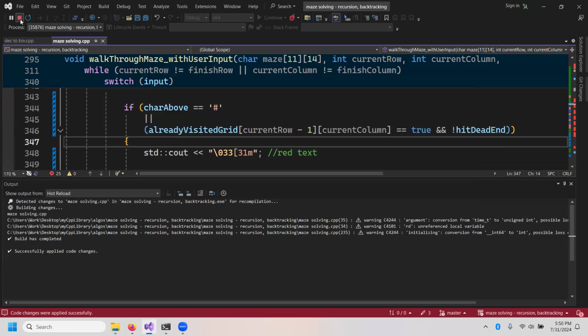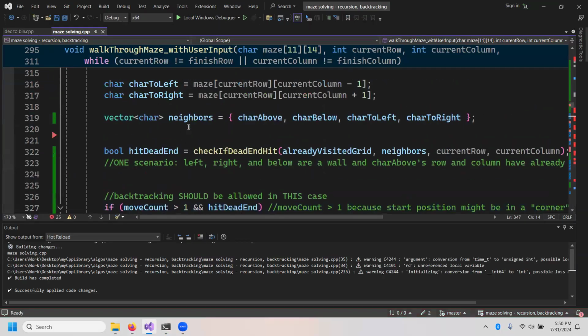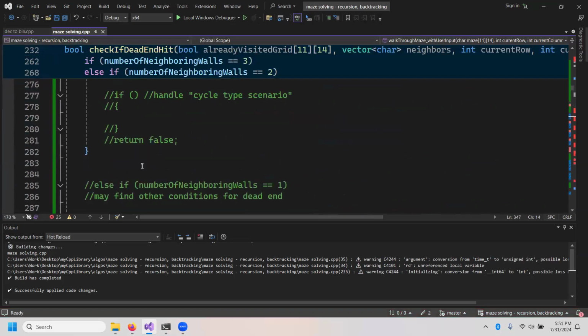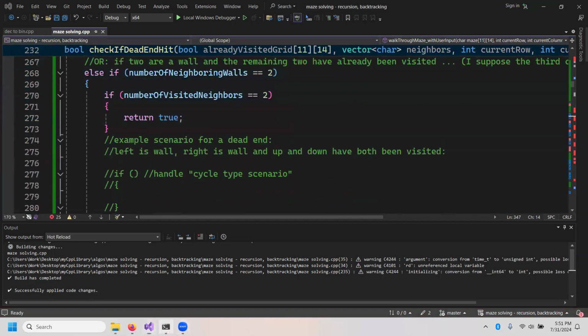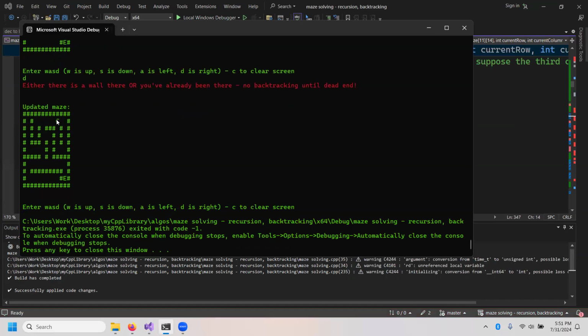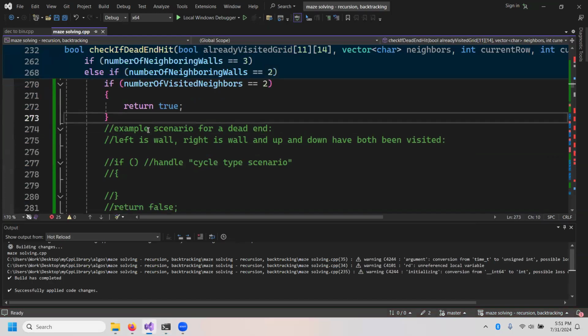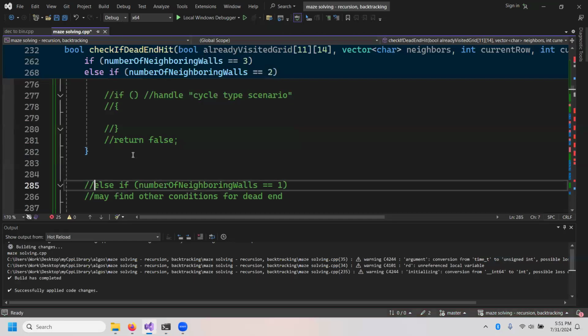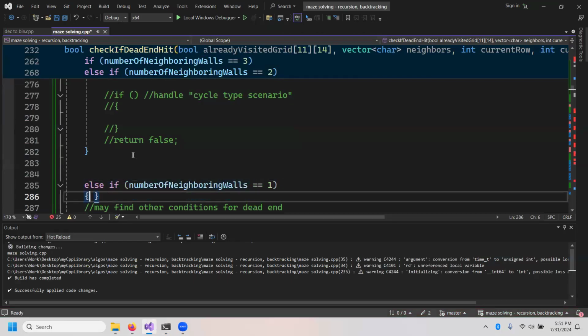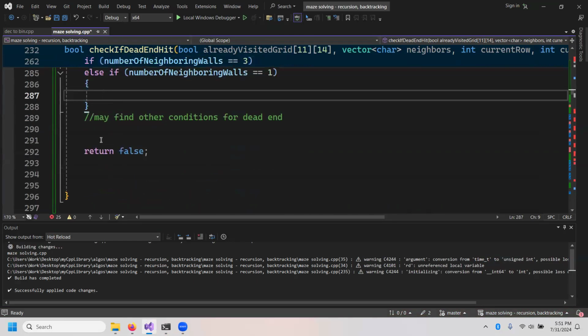Okay, so let's stop and come up here and just see if I can turn this out real quick. So I meant to look at this scenario. We have one neighbor wall. So we've got, if the number of neighboring walls is equal to 1, and